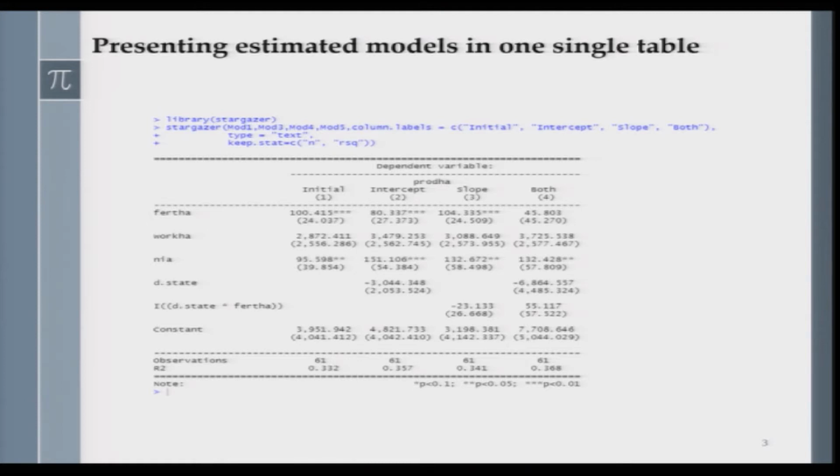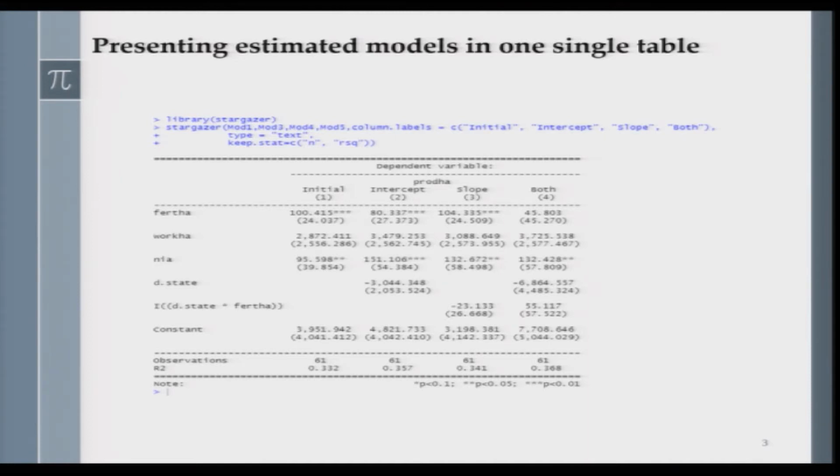So, these will become my columns with different labels, and you can write the labels for each of these models. Say for model 1 you want to give a label of "initial". That is our base model to start with, and then you may wish to call model 3 the "intercept model", model 4 the "slope model", and model 5 "both". You just need to type the names of the models within inverted quotation marks.